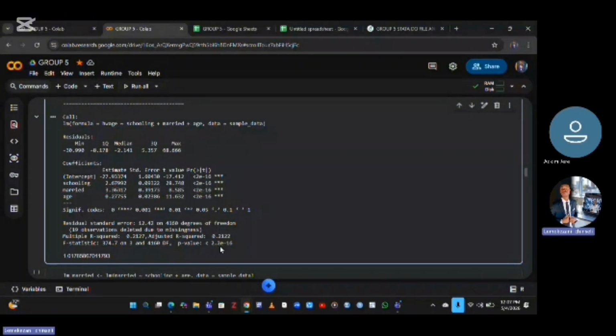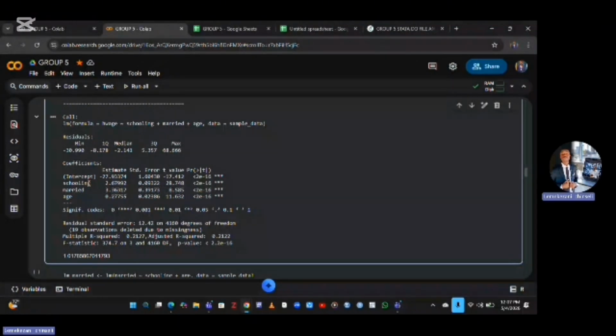Coming to the independent variables, schooling has a coefficient of 2.67992, and its p-value is also less than 0.05, meaning that it significantly affects the dependent variable, which is hourly wage. So schooling affects the hourly wage by